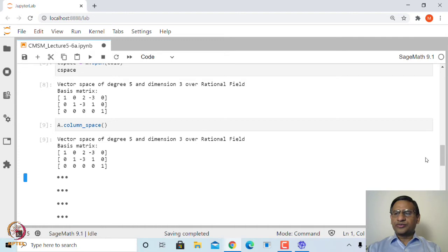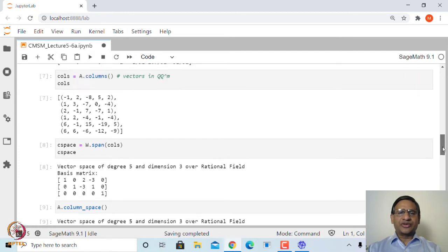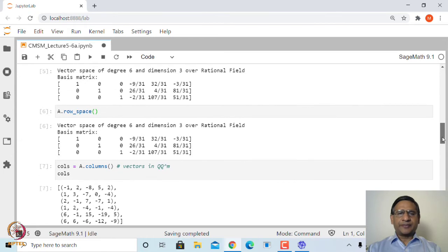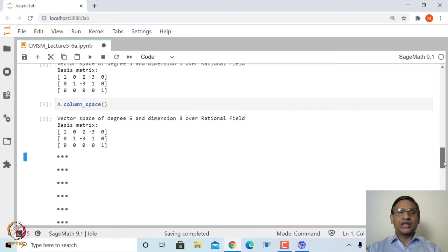So, the dimension of the row space and the dimension of the column space are the same. The dimension of the row space is known as the row rank of a matrix, and the dimension of the column space is known as the column rank. For any matrix, the row rank and column rank are always the same, which is what is called the rank of a matrix.